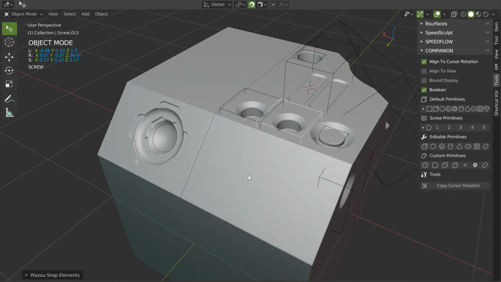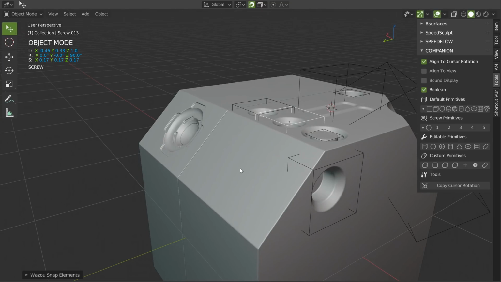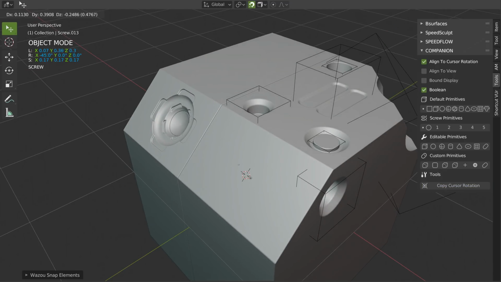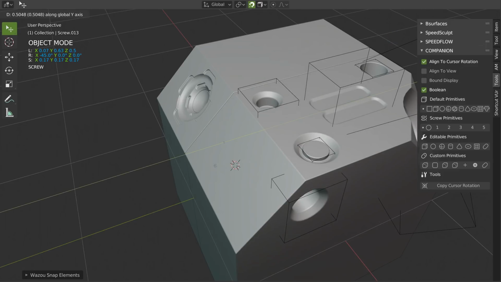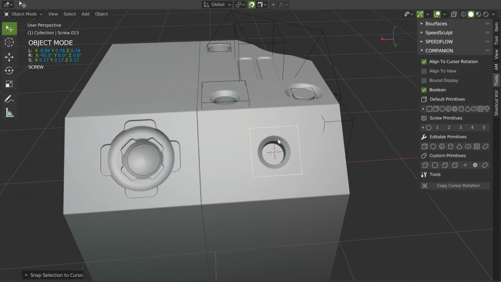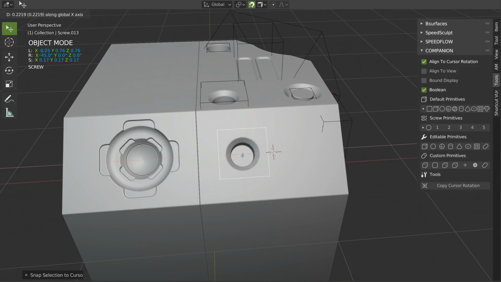You cannot snap on an object with booleans. It's really too bad. So what I can do, for example, is place the cursor, copy the cursor rotation, and after move this one. Hop, come back. Maybe move it to cursor, Shift S, selection to cursor, and that's it. This is another possibility, in fact.